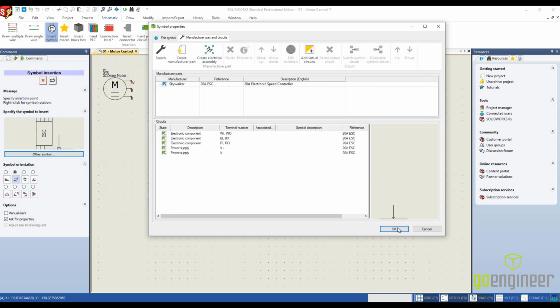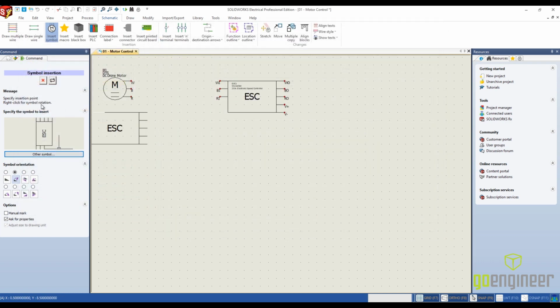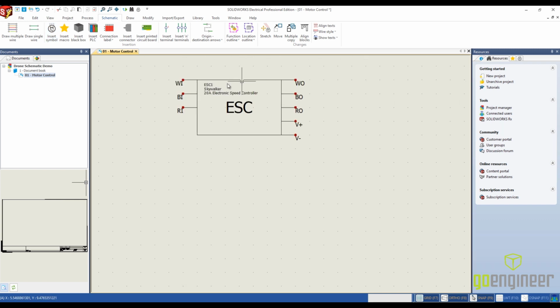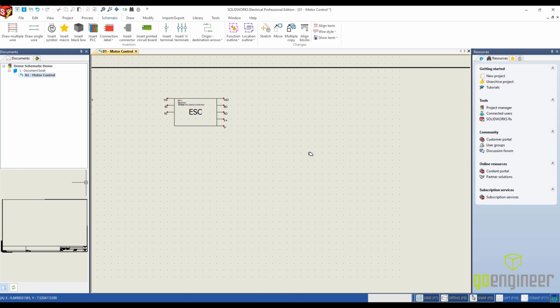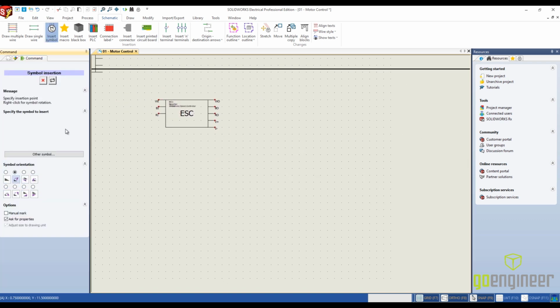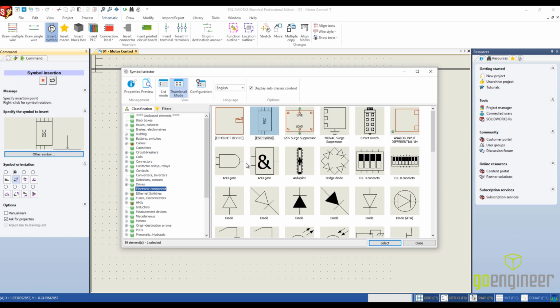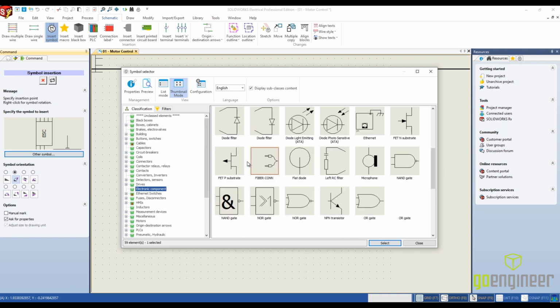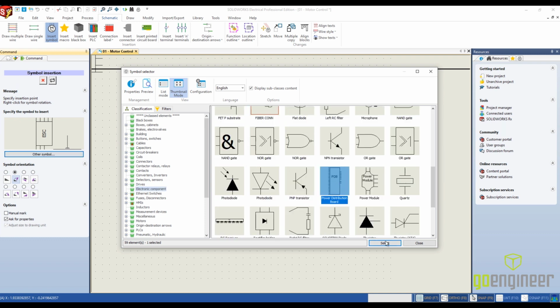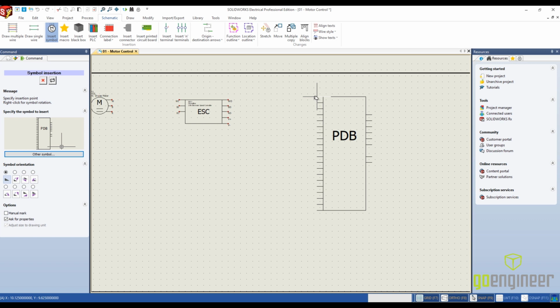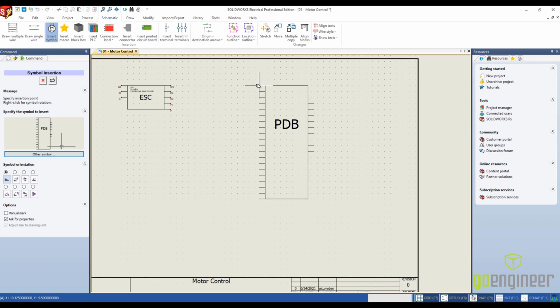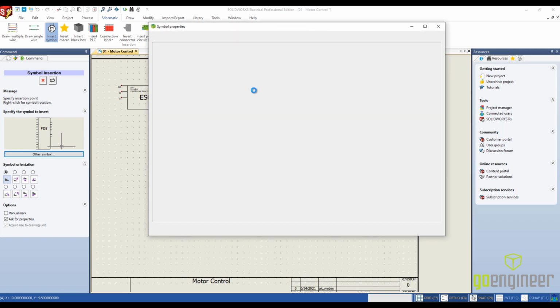So if I hit select there and hit OK, you can see again that symbol is brought in, and we get that information with our connection points labeled. And then next I'm going to insert our power distribution board. So this is something that distributes power to each of our motors. So I can drop this in here as well, kind of keep it in line with our